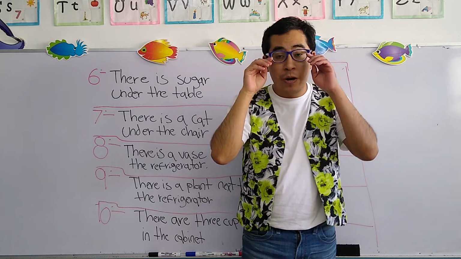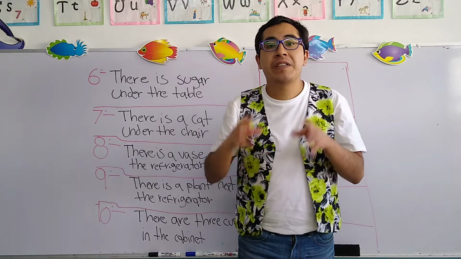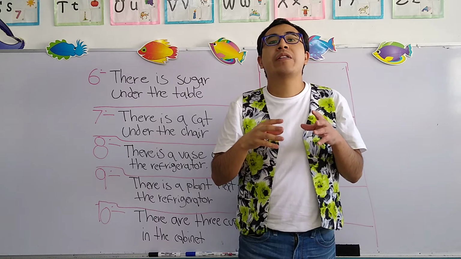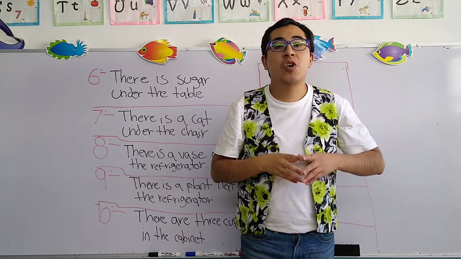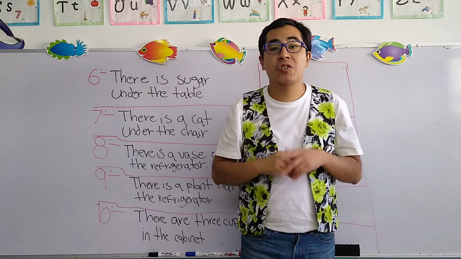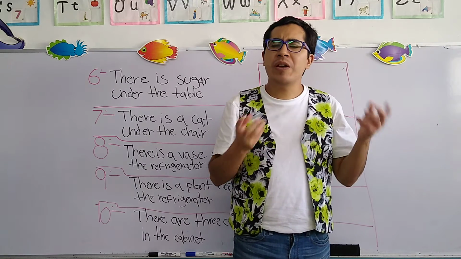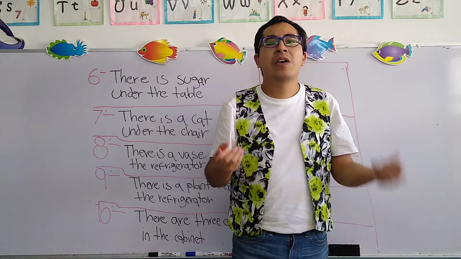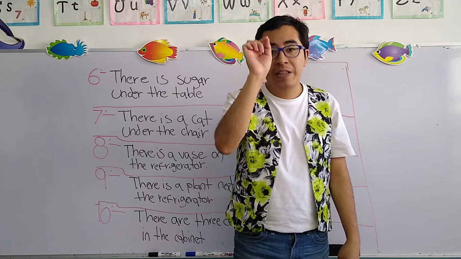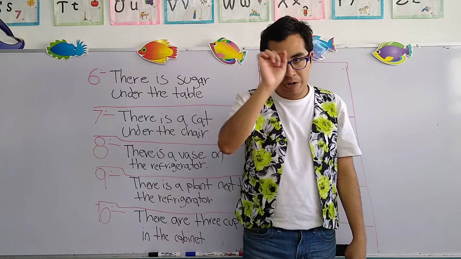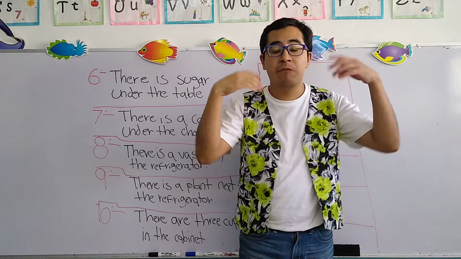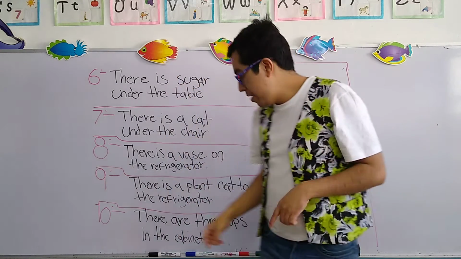So, sugar is an ingredient that we put on the food. Es un ingrediente que agregamos a cierta comida. So, sugar in Spanish means azúcar. And how can we draw sugar? Well, we can just make several small little dots. Solo podemos poner varios puntitos, and in that form we can create sugar. For example,